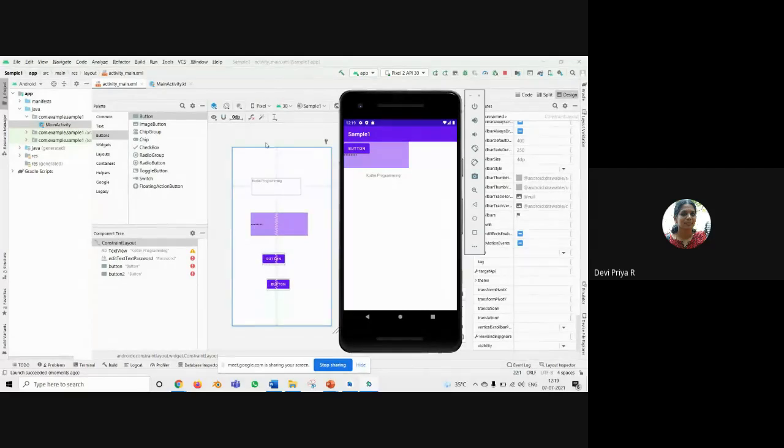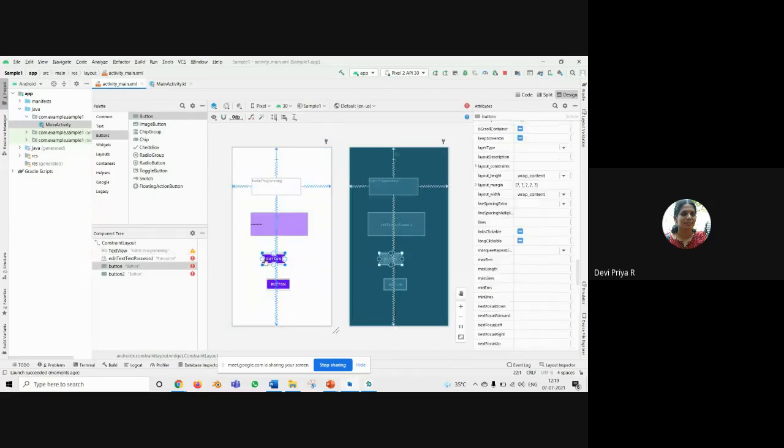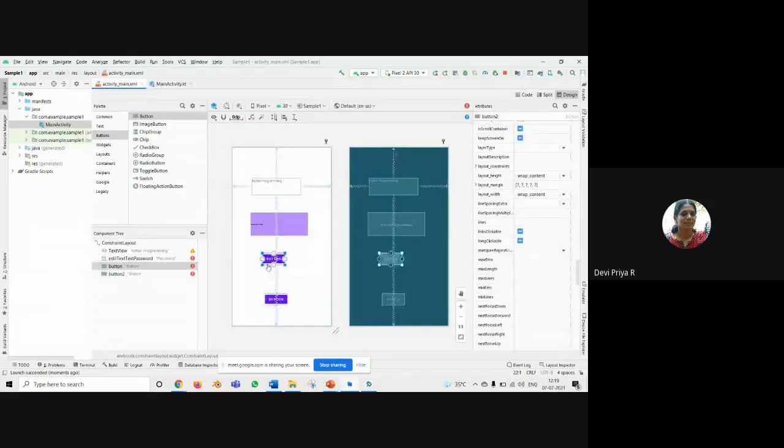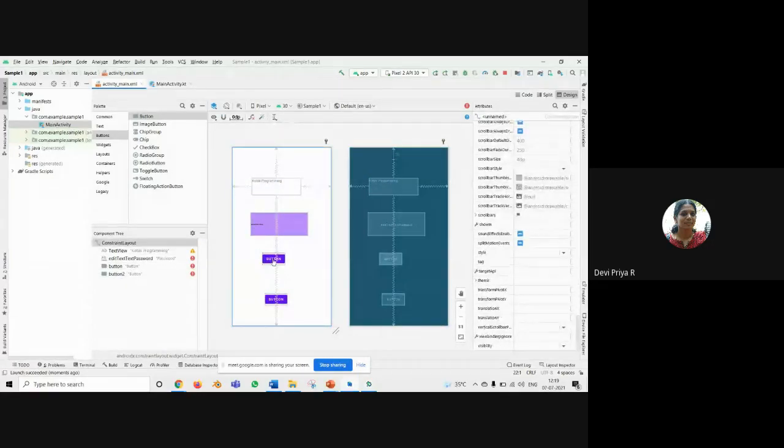Even though in the design page we have placed it here, it is positioned here. So you have to align it to the right position, and you can add constraints. Suppose if you want to add the positioning, you can just click like this. So how it should be aligned. So all those customization you can do by yourself. You can just explore those things.